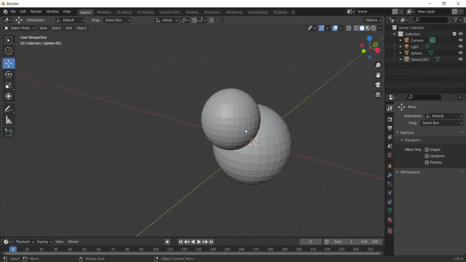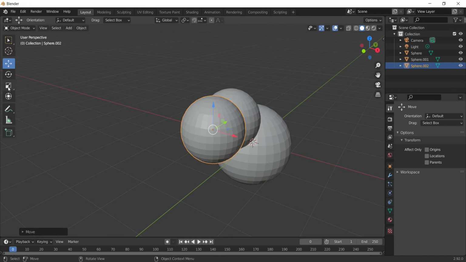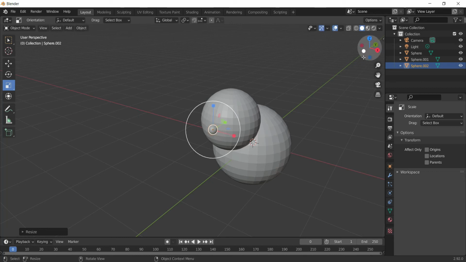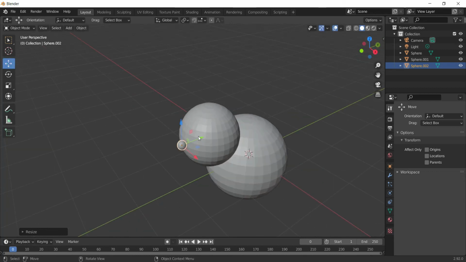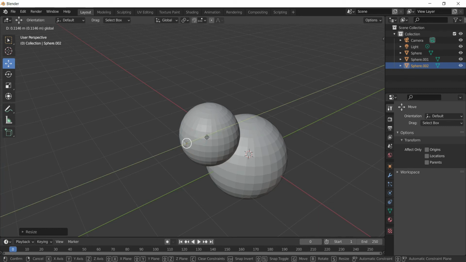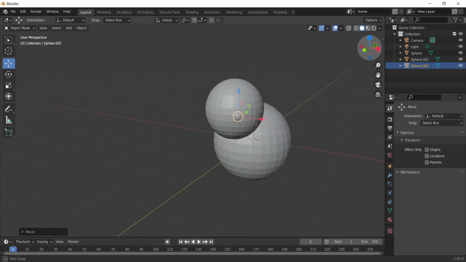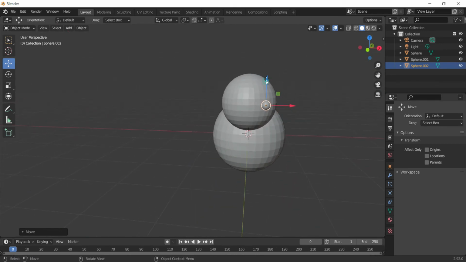Now again, I will make more duplicates of the bird. So I'll press Shift D, Escape, bring it out, and scale it way down to make the eyes of the bird. Bring it on this side, maybe a little bit upwards.